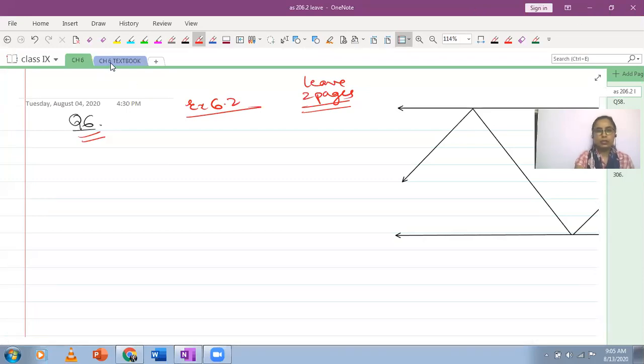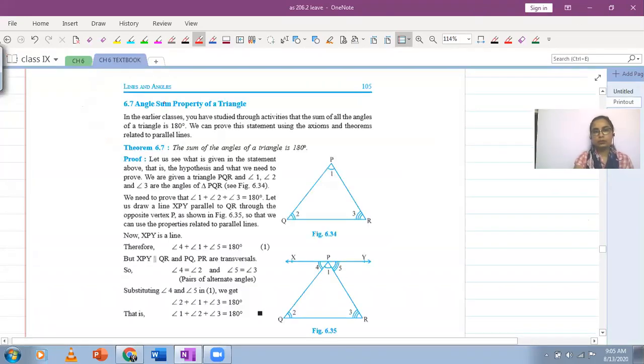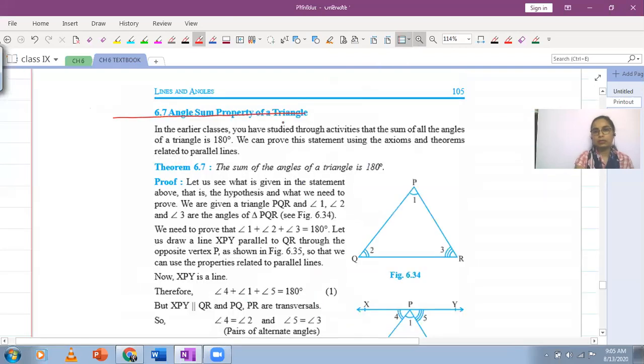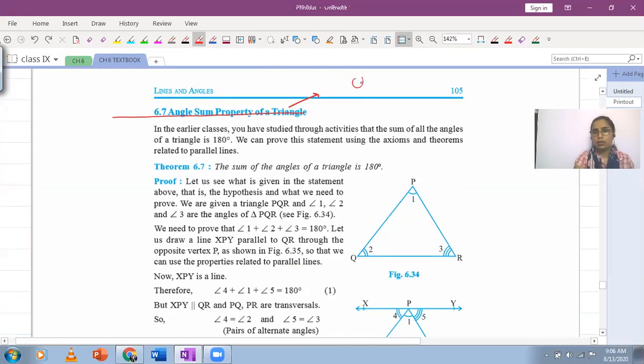All right. So as for now, we are going to start with the next topic, which is angle sum property of a triangle. Now, this is something which you have used time and again to solve your questions. The first time you were introduced to this was, I think, in class 6th or class 7th. Class 6th में आप first time use करते हो, class 7th में भी आपने इसको use किया हुआ है, and there is a chapter in which you actually apply this to solve questions. Class 6th में इतना use नहीं किया जितना आपने class 7th में use किया है. I hope I'm correct, if you can recall.